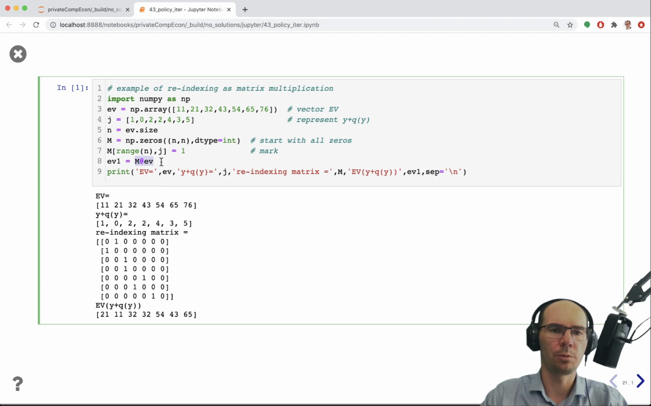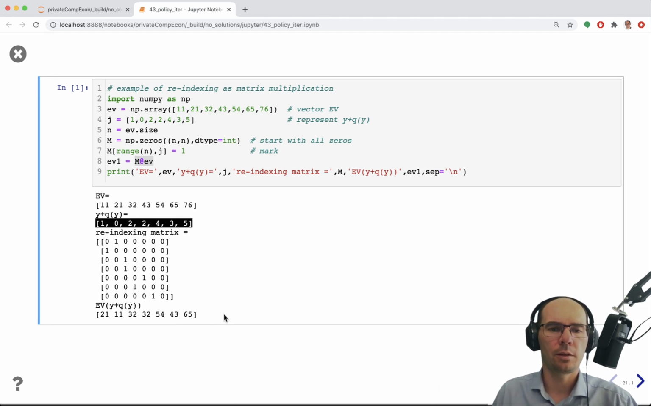And then once we've performed this matrix multiplication, what we have is the components of the original vector, which are now reshuffled according to these indices. Okay, so we have first, that's 21, then 0th 11, then twice the third one 32, 32, then the fourth one 0, 1, 2, 3, 4, it's 54, then the third one 43, and then